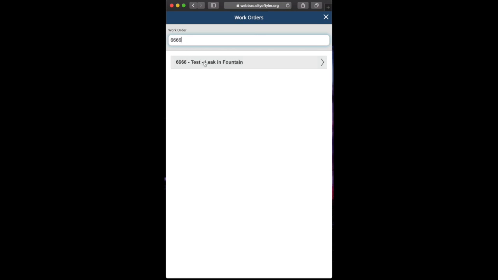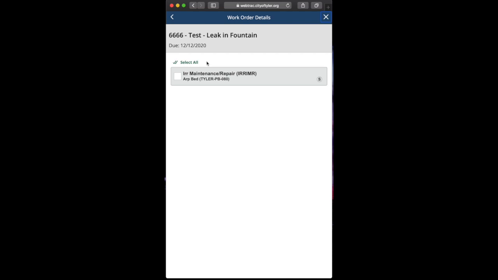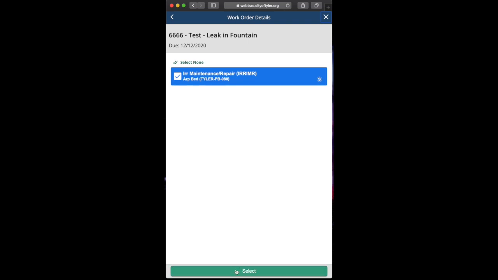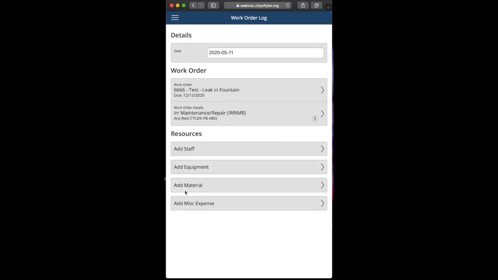I'm just going to enter this work order number. We're going to click on it. This is the information that is attached to it. Make sure it is the correct work order. This one, in this case, for the test, is correct. So I am going to click on this. It's got the work and the location. Hit select. See how it is filled in here with that information from the work order and the work order